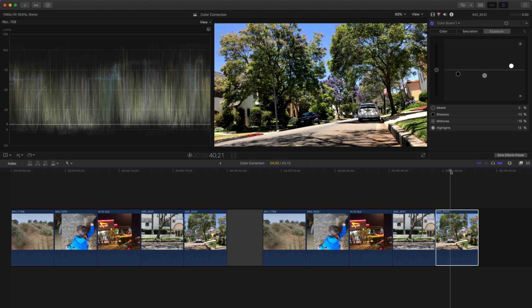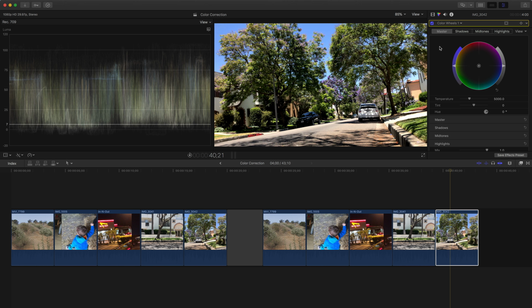Definitely, if you have not done this with color correction, if you've never done it, go in there, check out the color boards, play around with them a little bit. I would also recommend going here and playing with the color wheels. I think with people that are new to color correction, the color boards are a lot easier to learn. But if you want more detail, more control, the color wheels are a great place to go because you still